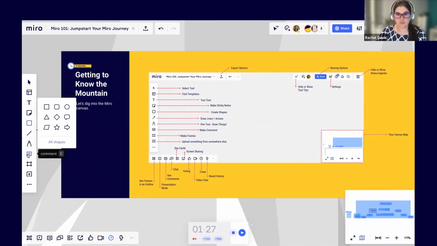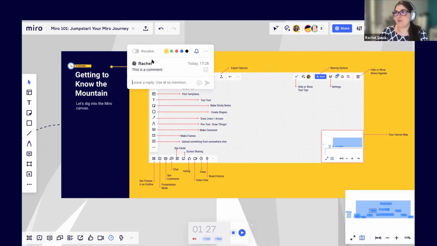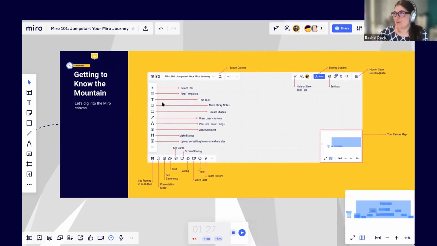There's some other things here. The one that's really helpful with user experience, sorry, you're gonna hear my dogs here, is the comment box. So you could just go ahead and comment. And if you're using it within a team, you can use the @ symbol and tag someone else in your team. It'll give them a notification of that comment if you need them to do something there. And then it just kind of, this is a comment, right? And so it'll say that you can either resolve it, you can set a reminder for it, and then it just shows up as this bubble here. Sorry, my dogs.